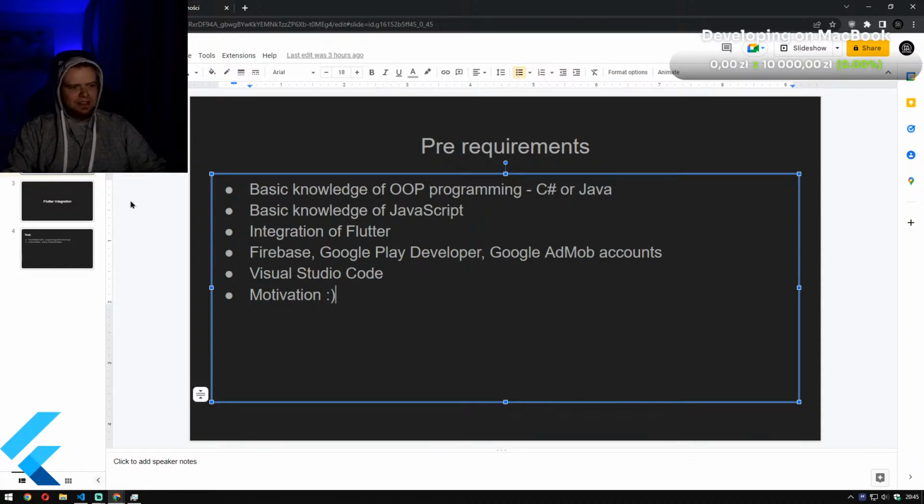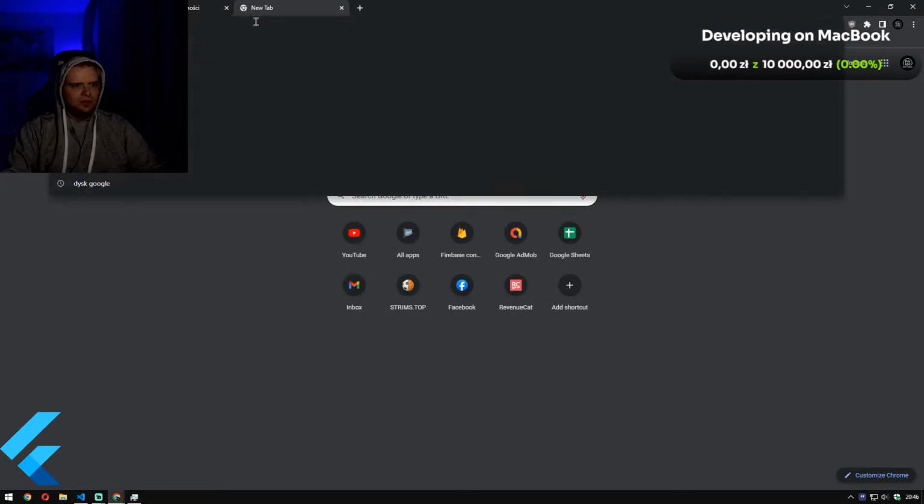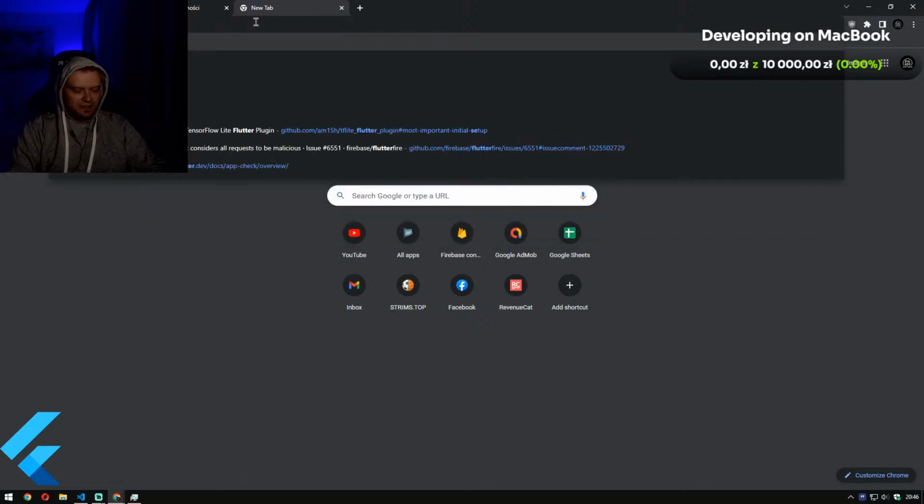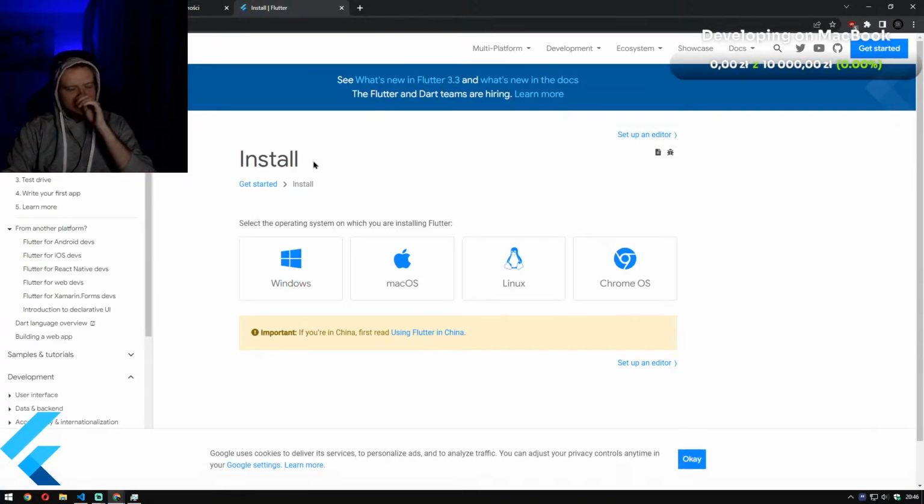So firstly I will show you where you can search for the Flutter installation. I won't show you step by step how to do that, because it will be really boring. There's a lot of installing stuff, but it's not hard at all. So basically what you need to do is search for Flutter setup, click enter. You have the official Flutter documentation,